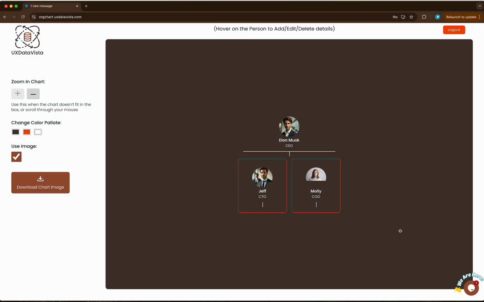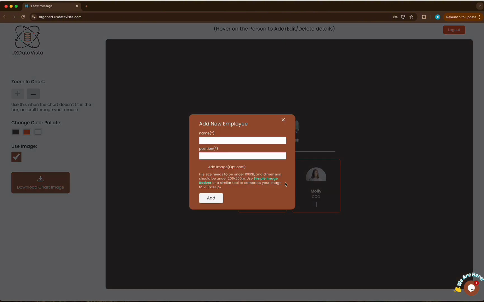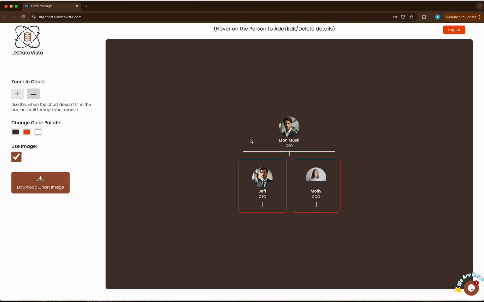All right, these are all stock images, by the way, and all this data I'm making up right now. And as you can see, the image doesn't look good because I didn't do a great job of figuring out the aspect ratio and all, because it's just for demo purposes. But if you want, you could better edit your images using the tool that I showed earlier, which I have a link here as well, or you could use Photoshop or Figma or whatever to do that as well. Anyway, I won't be doing that for now, so let me add one more employee in here,